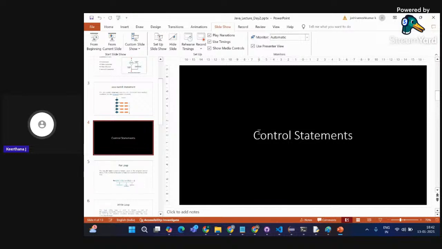In Java, we have three looping statements. Control statements or looping statements, both are the same. So we do have for loop, while loop, and do while loop. The basic purpose of all the loops is the same. You'll be giving a start value and you will have a stop value, which you will not give as an input, you will just give it as a condition.